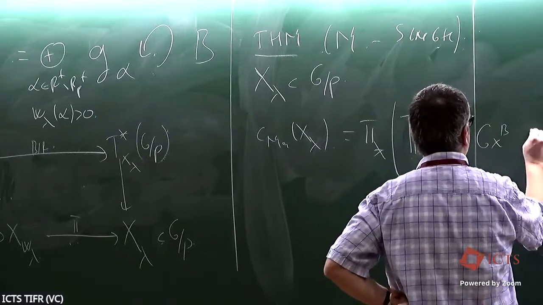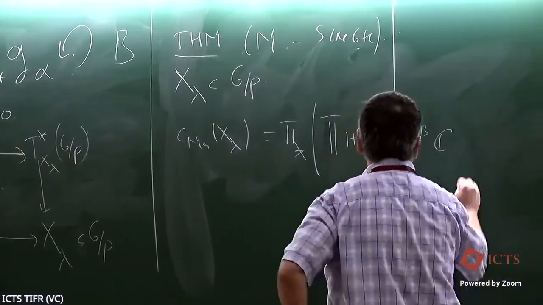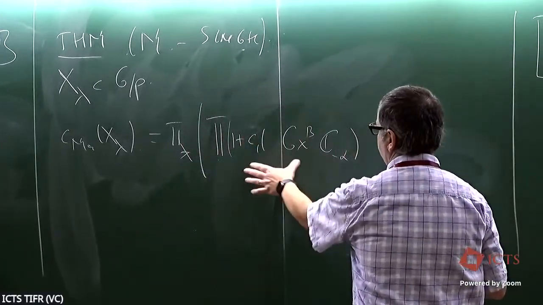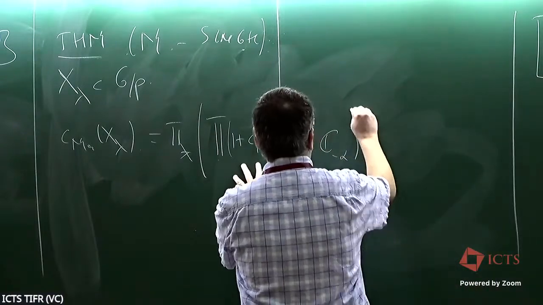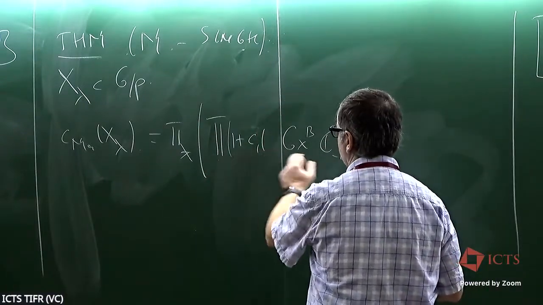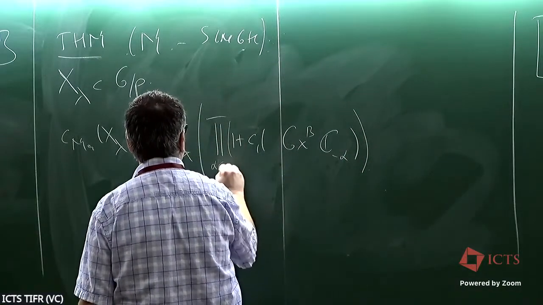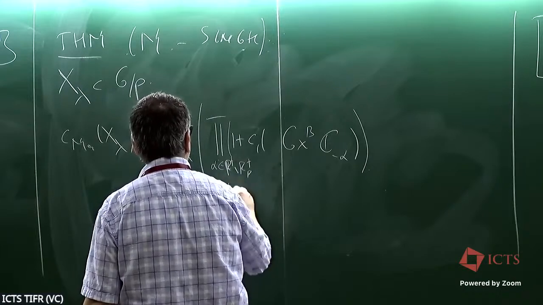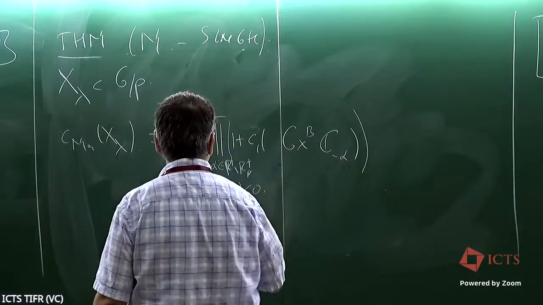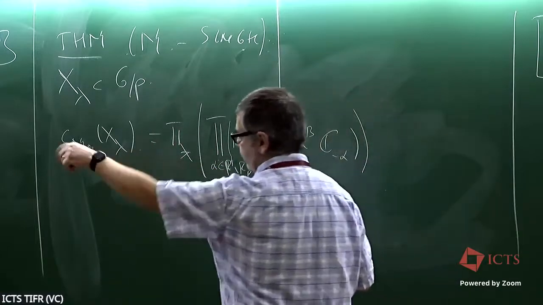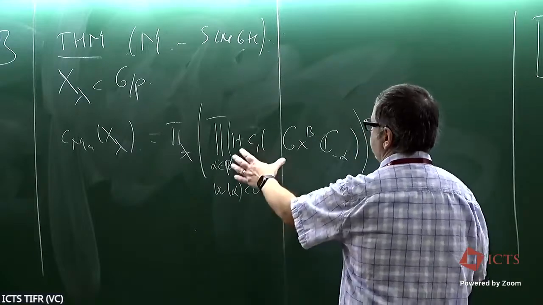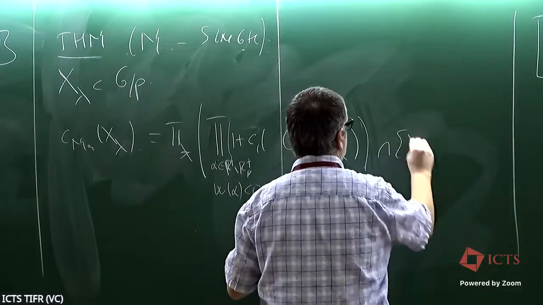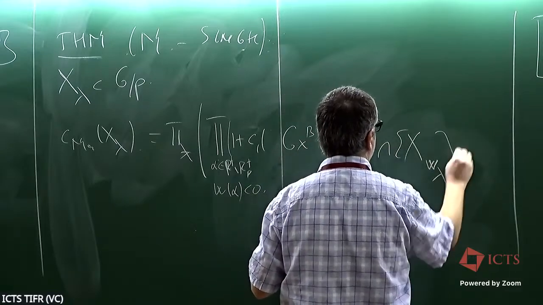Okay, so right, we have minus alphas here. These are the homogeneous line bundles on G mod B, and they have first Chern classes. You take their total Chern classes, and you take the product of all of them. So this is going to be all the alphas in R plus minus RP plus with the property that W alpha is less than 0. This has to do with the first part of that. And that is the mother class. Everything is intersected with the fundamental class of the Schubert variety inside G mod B.